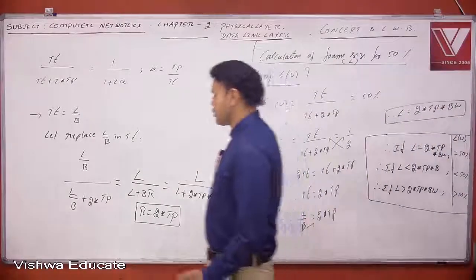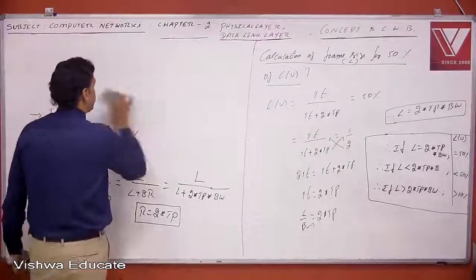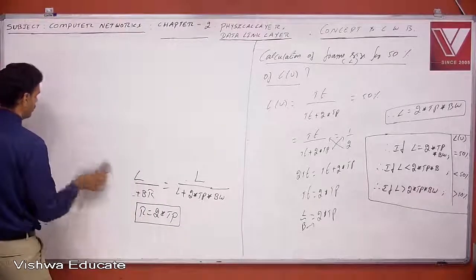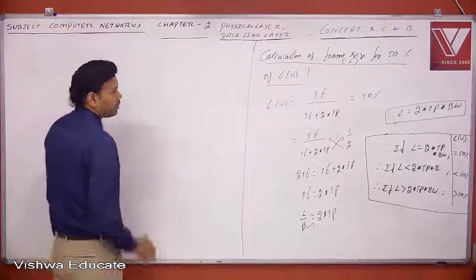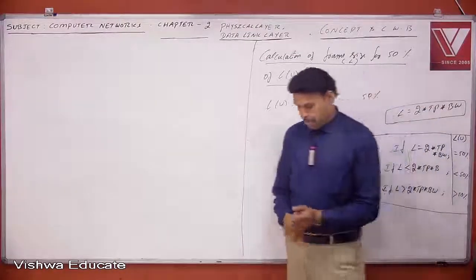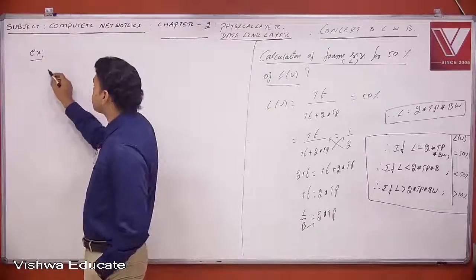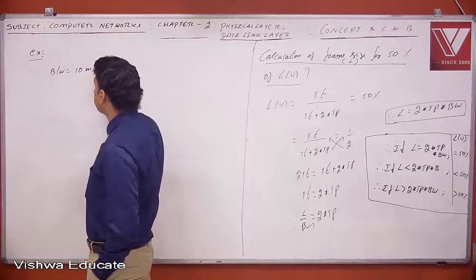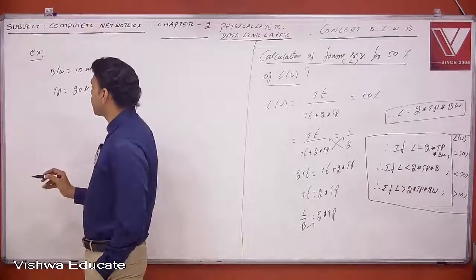Yeah, well friends, now finally what do we understand? If I know the L value, bandwidth and TP value, we can decide what efficiency you will get. For example, as I am saying, bandwidth is equal to 10 Mbps, TP is equal to 20 microseconds,